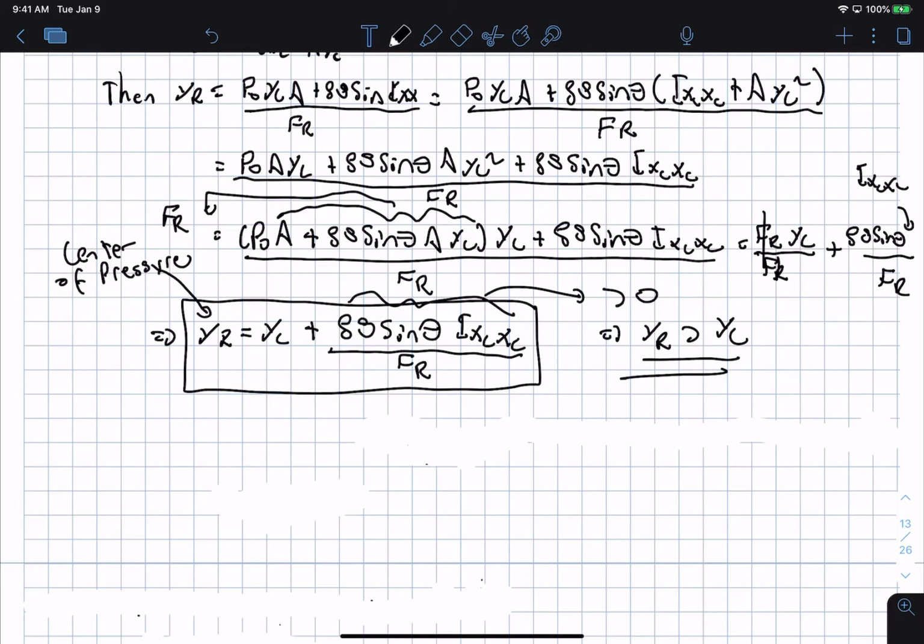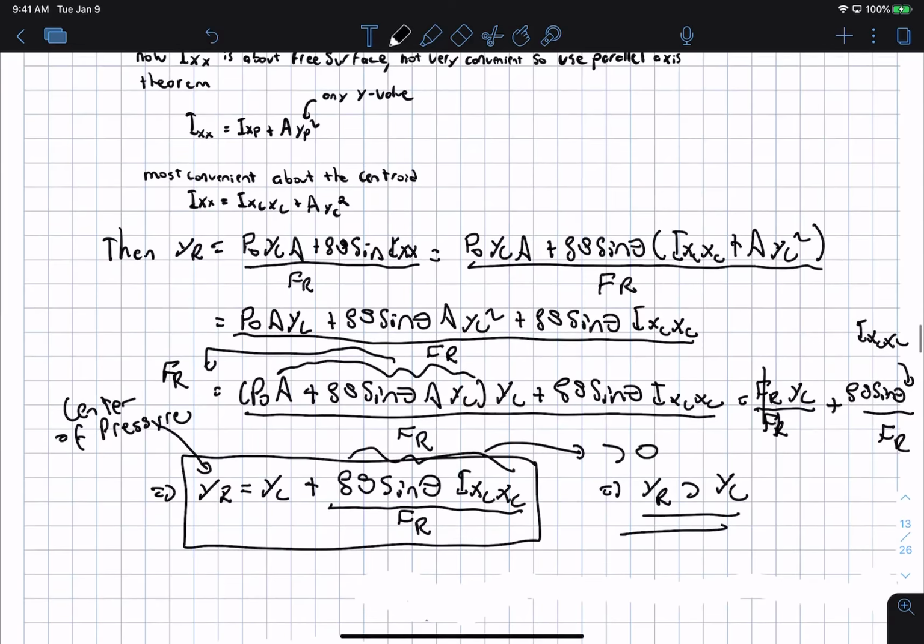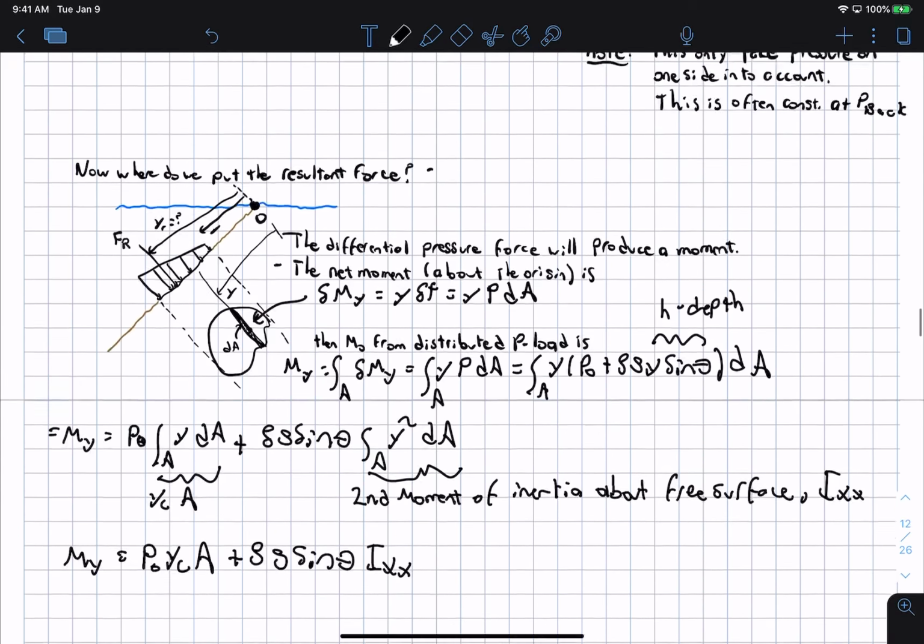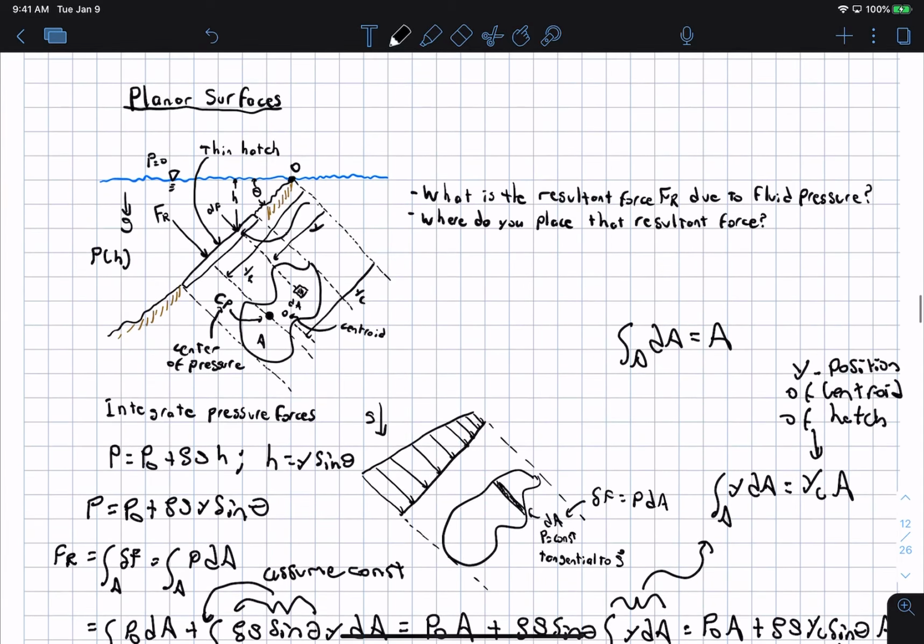And so that means that if we go back up to our free body diagram here, if the centroid is here, we do not put the resultant force at the centroid like I have drawn. Instead, we put it at the center of pressure,